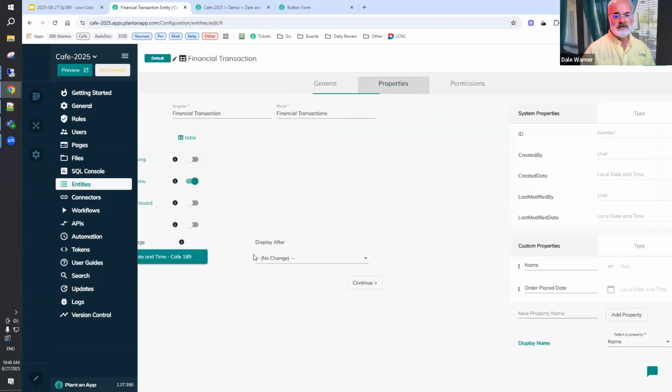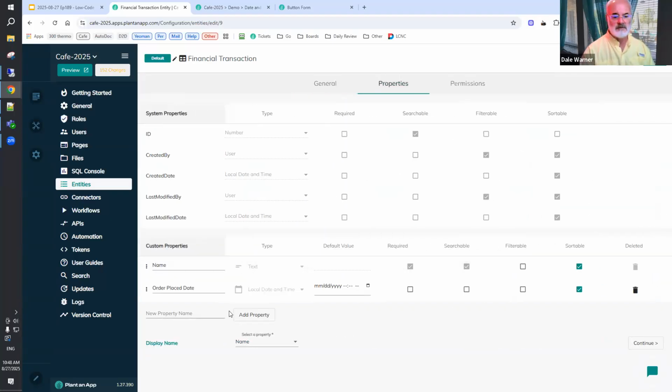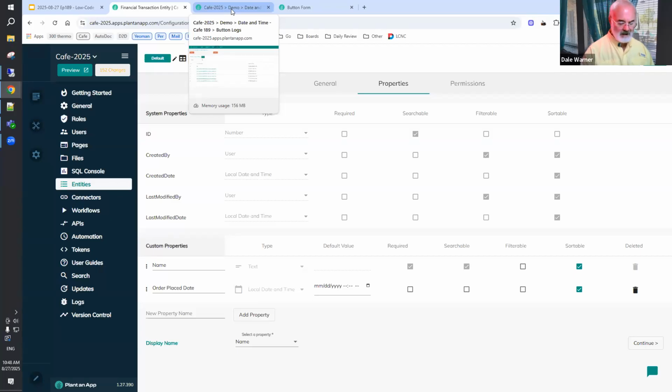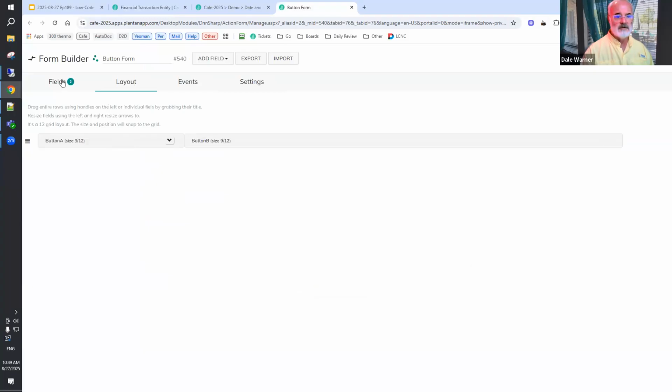The question is, when you're using a date time field and you're trying to use the create new action, what happens if you use datetime UTC versus datetime ISO? So again, in the create new entity functionality,